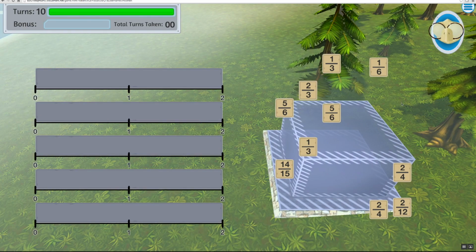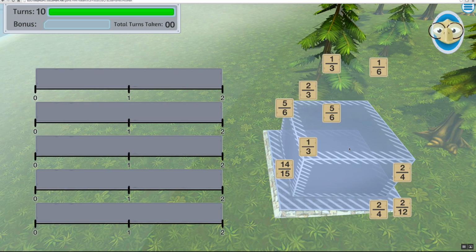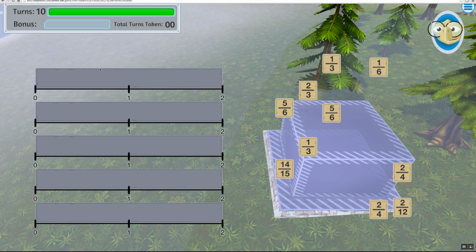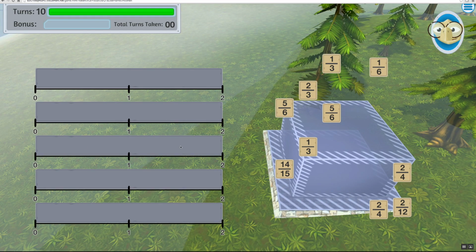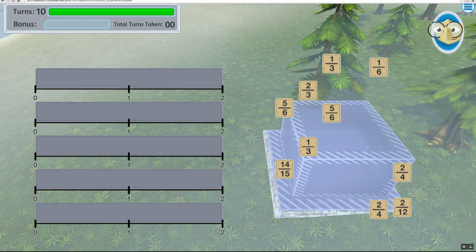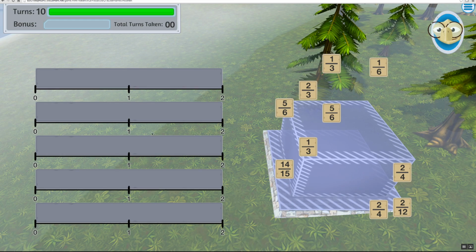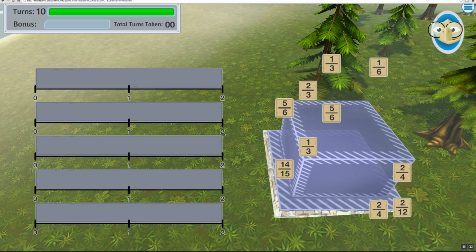Here is an initial inventory of bricks that I can use to start building, and the way you build is you have to fill rows. These rows are templates for building, and they also happen to be number lines. So you fill a row with exactly 3 bricks, and those 3 bricks have to completely fill the row. 3 bricks have to be exactly 2 units. Once you've filled a number of these rows, you can submit them to your building, and the bricks get laid